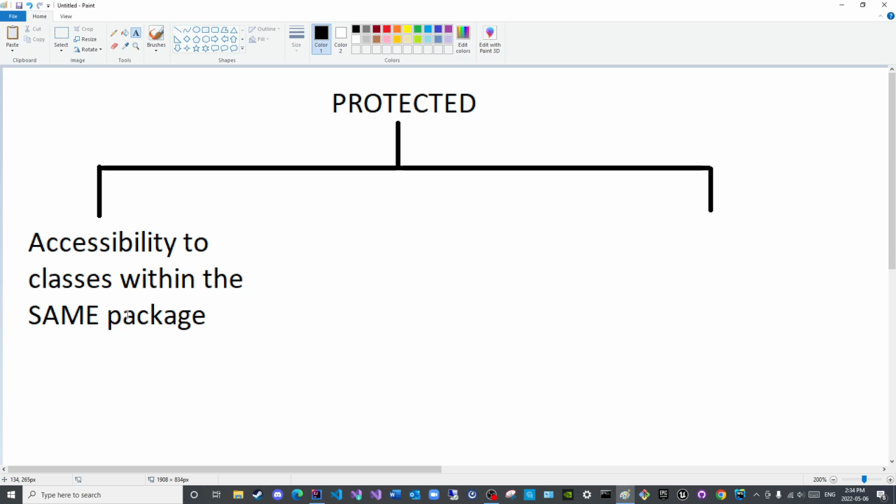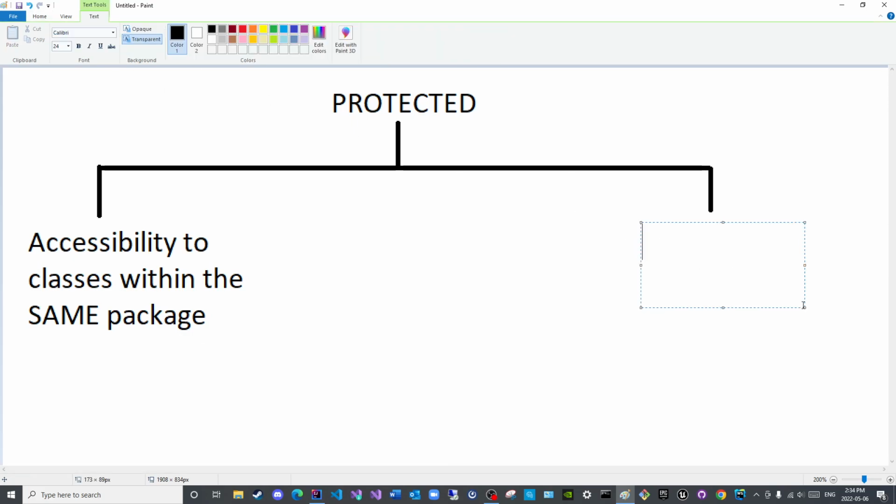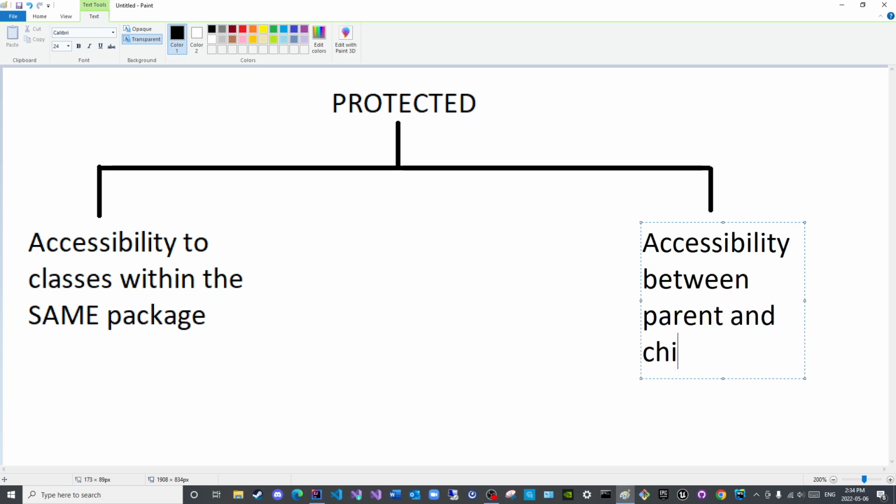So it plays the same role as the package or the default access specifier, whereas on the other hand it grants accessibility between parent and child classes